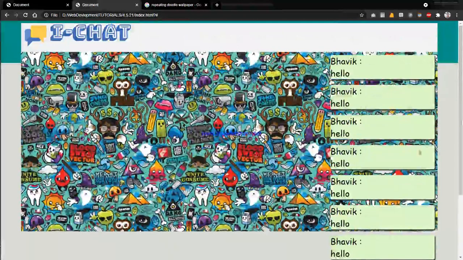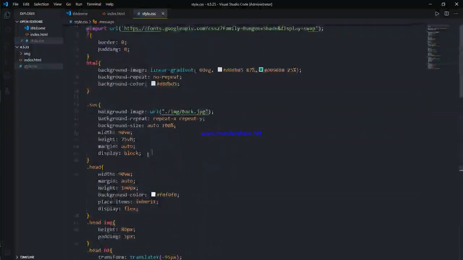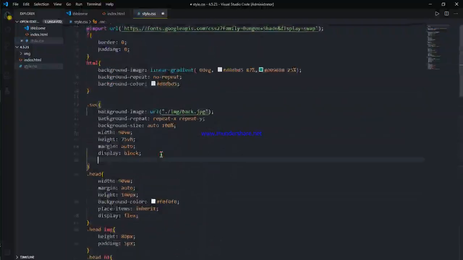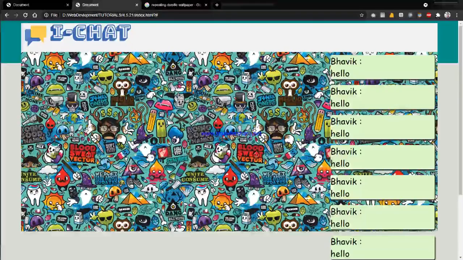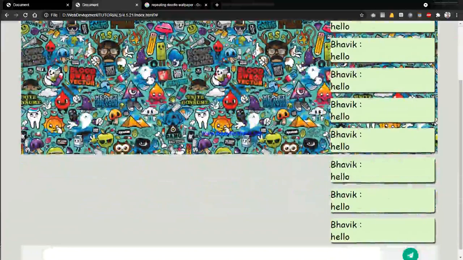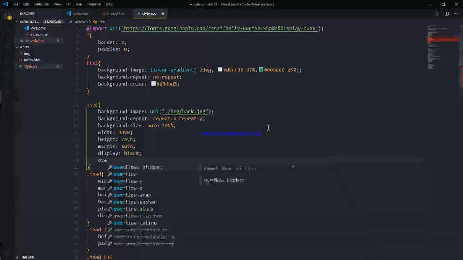There is a lot more going on here, so we can go and tell this section overflow. Overflow x means if it is overflowing this way then do something, or overflow y means it is overflowing this way, which is the problem right now, then do something.